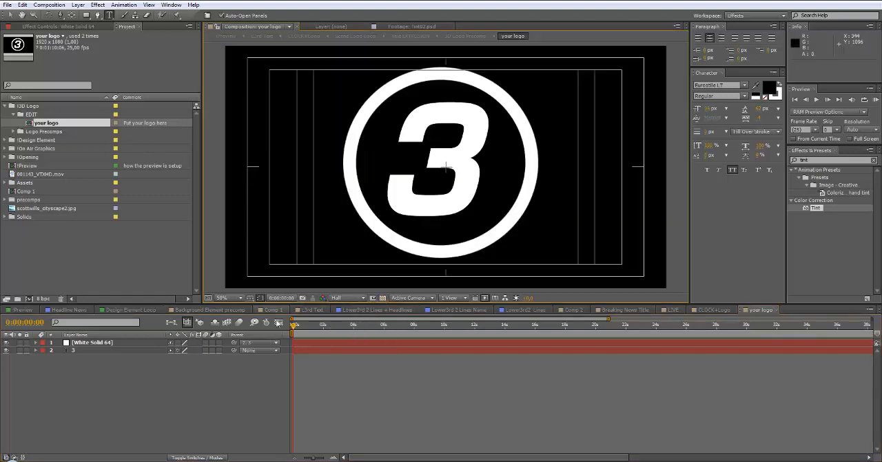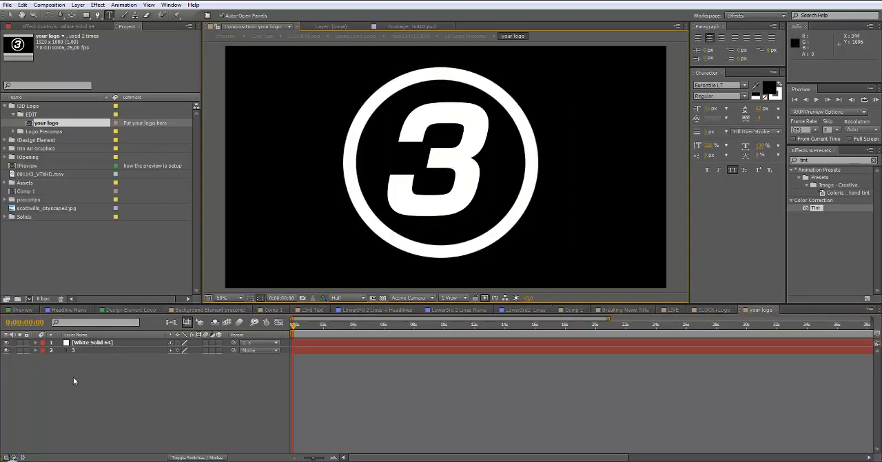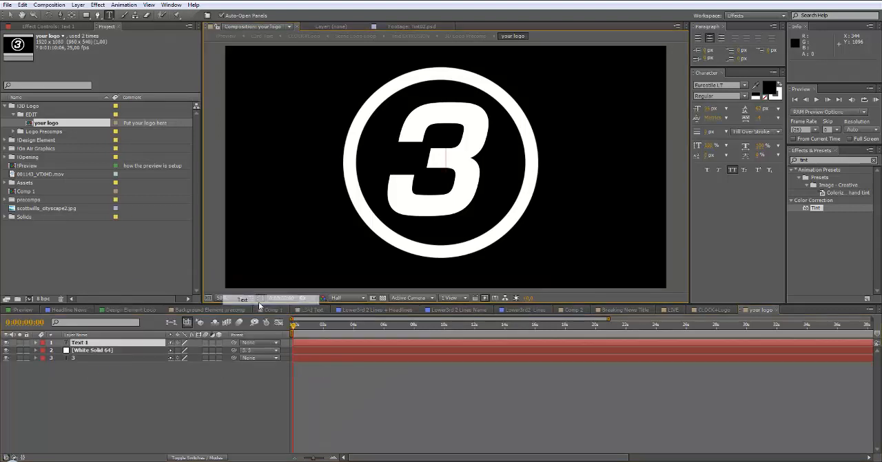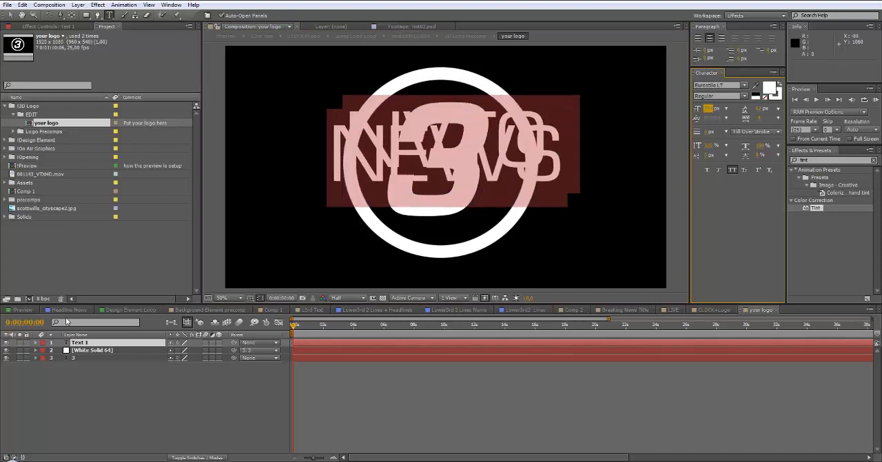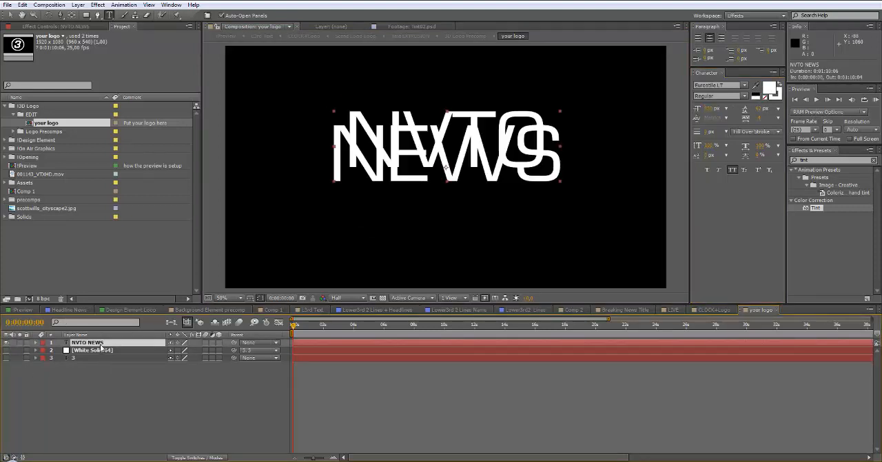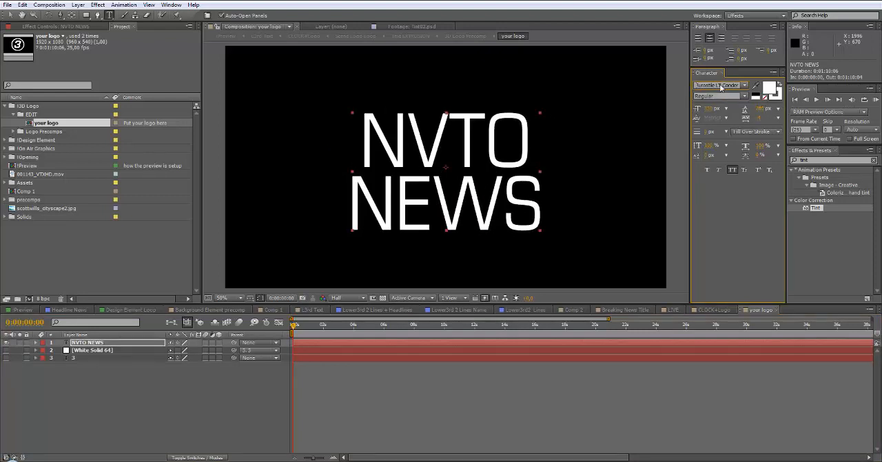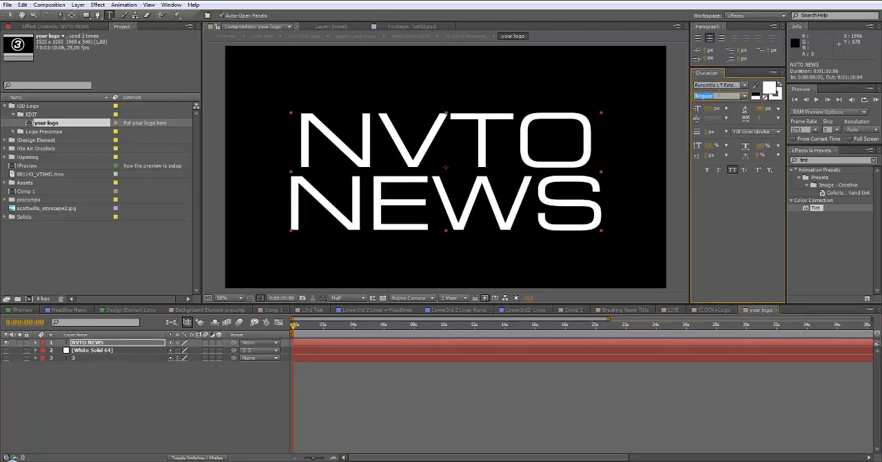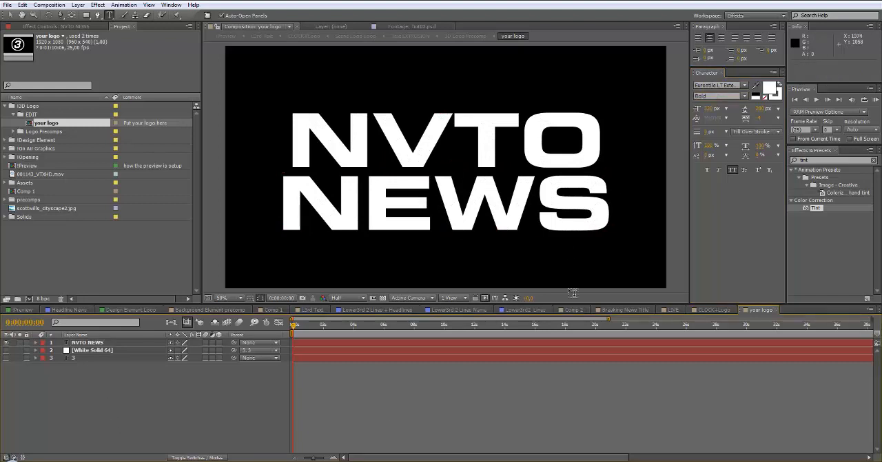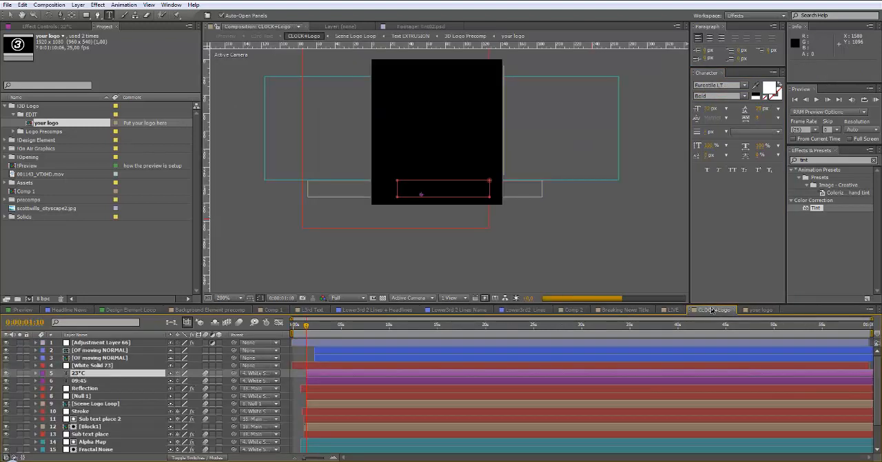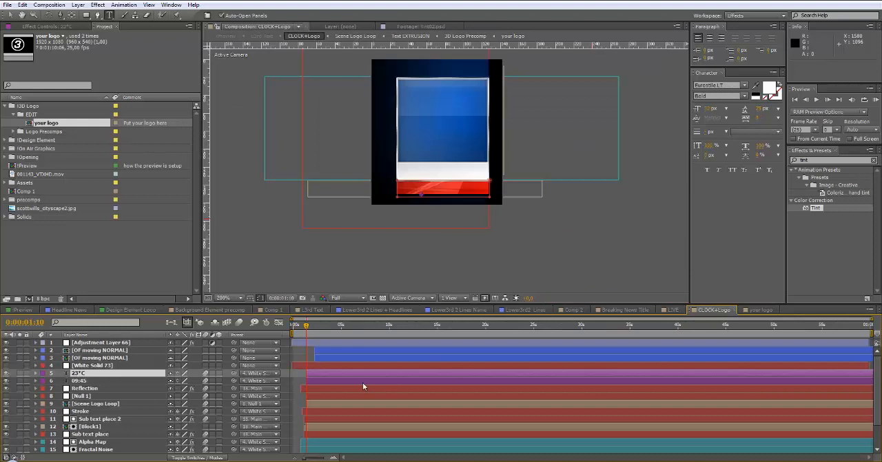circle and number 3. Your logo may also be text. For instance, Envato news. Let's make it white and make it bigger. Let's switch this off. Let's say that this text is your logo. So when you go back to clock plus logo,